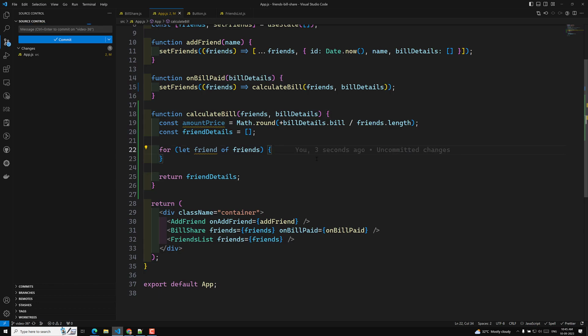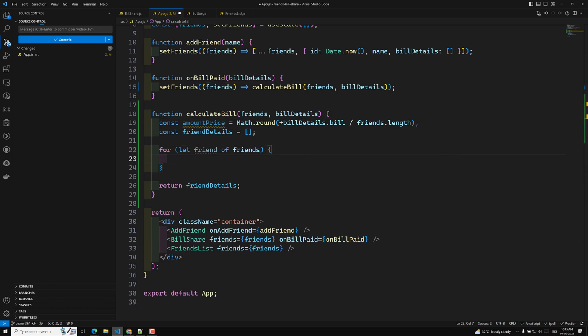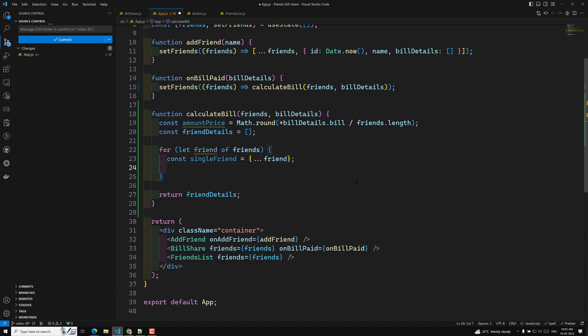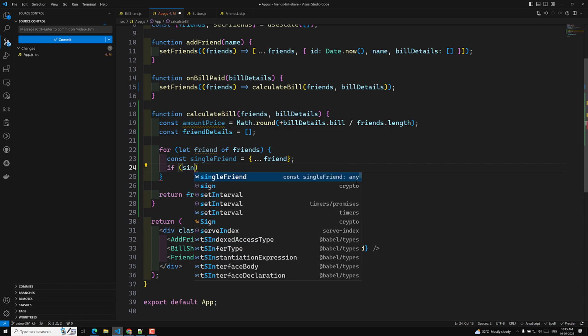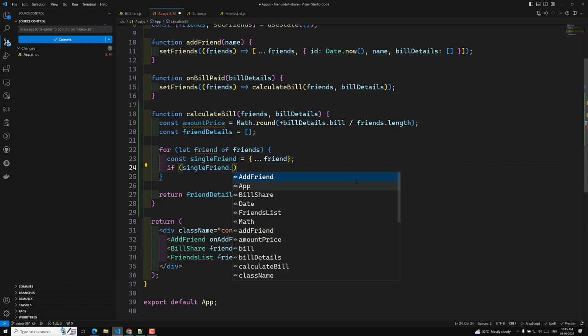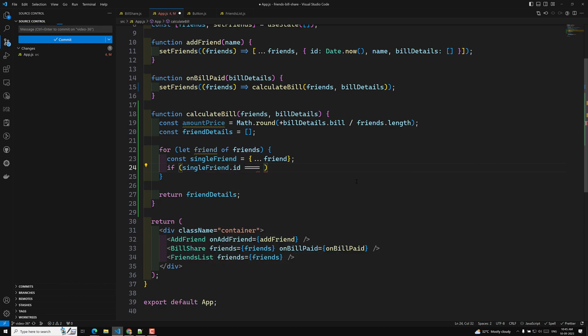So fine, each time I am looping over. First I will get the single friend. So I am taking the single friend. Single friend is equal to, here in destructuring, so that I am making a copy. Now, if single friend dot id is equal to